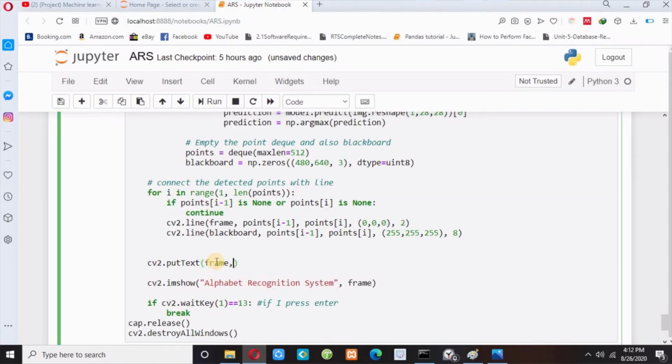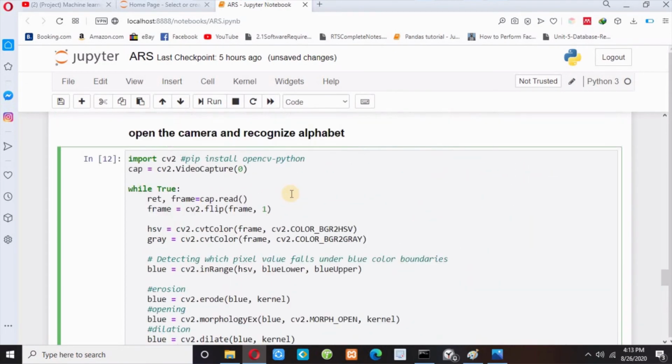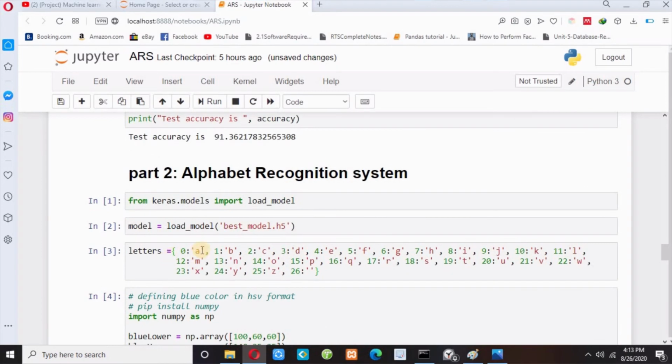So put text inside a frame: prediction, colon, and plus for concatenating strings, and then I have to write letters and my prediction. I have already said this prediction will return me a 0, 1, 2, 3, 4 value, and I have to access my value.